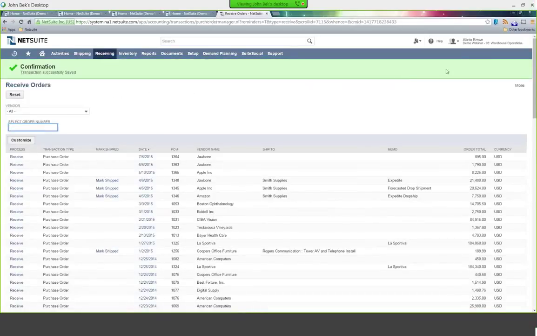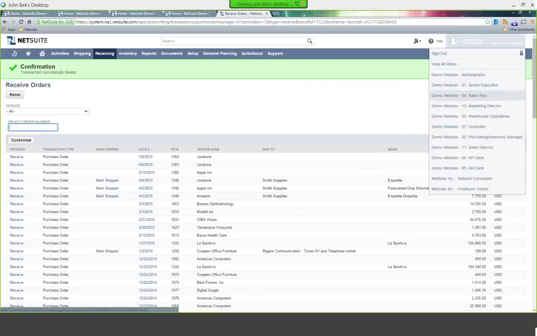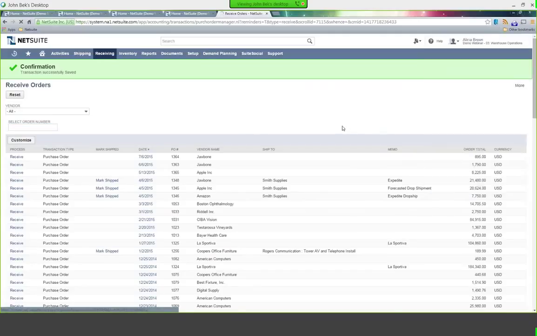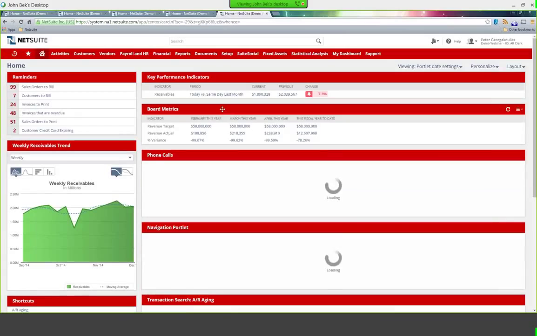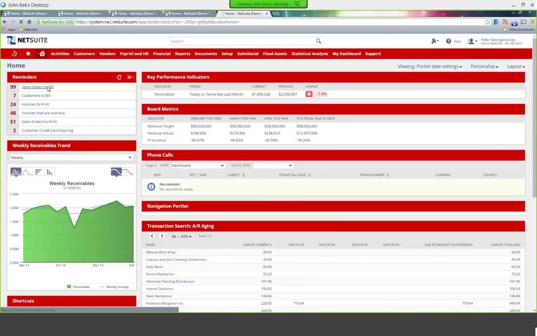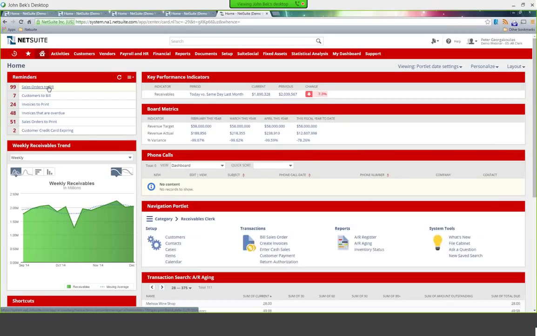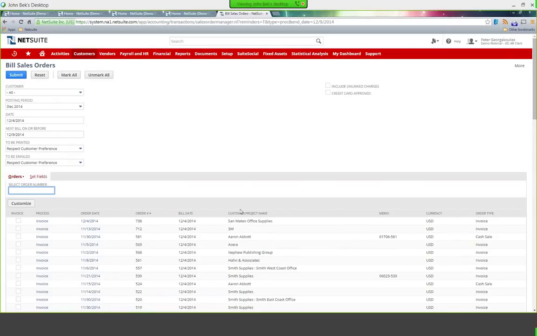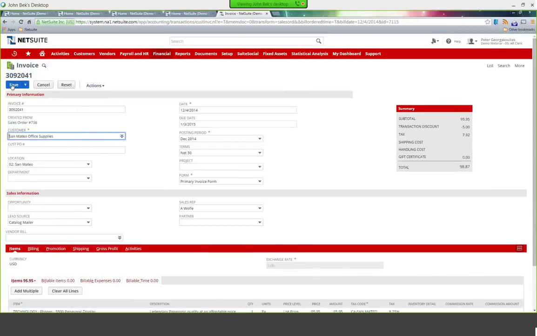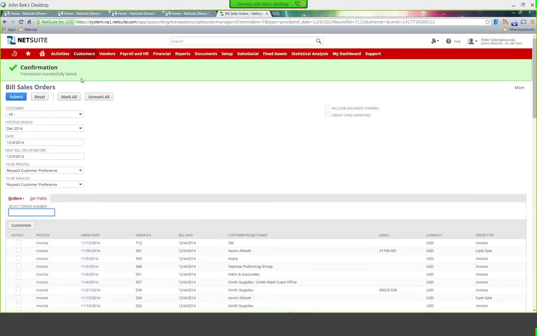So in this case now, because I've marked that order as shipped, if I were the AR clerk walking in after lunch, presumably some number of days later, after it's been marked shipped, I could come in here to mark sales orders to build, and that order now is ready for billing because the vendor has drop shipped the order directly for us, and we got it out there per their request using a drop ship. So I'm going to save that invoice, and that's just a real quick scenario around available to promise and drop shipping.